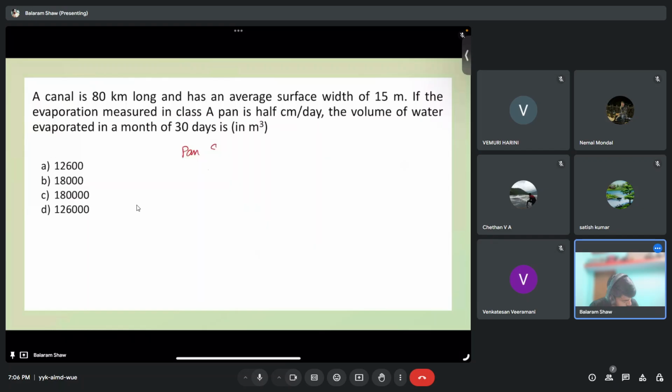We know EW is the saturation vapor pressure at the given water temperature. EA is the actual vapor pressure in the air. U9 is the wind velocity at 9 meter from the ground surface. And this EL, as I mentioned, is the lake evaporation in millimeter per day. And U9, as I said, is the